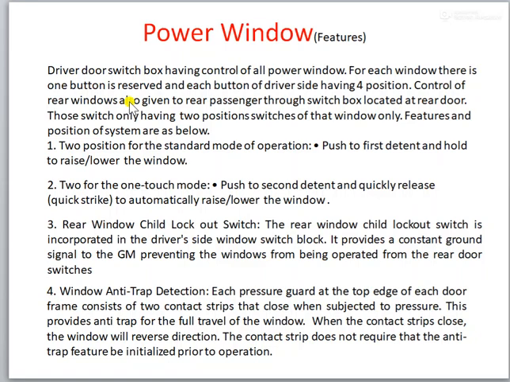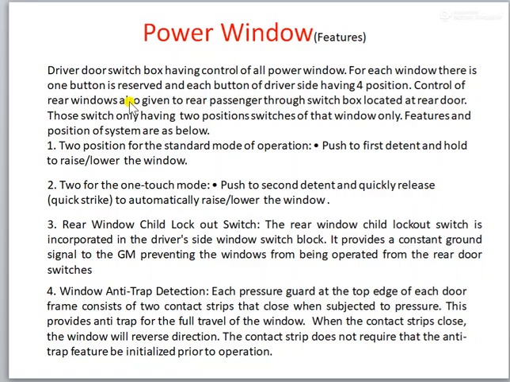The control panel which is present at the driver side has some additional features, more than the control panel present at the passenger side doors. The remaining 3 doors, that is the passenger side doors, have only a button to operate their window up and down, two position buttons. And the control panel at the driver side has 4 position buttons for each window, meaning it has control of the passenger windows as well as his own.